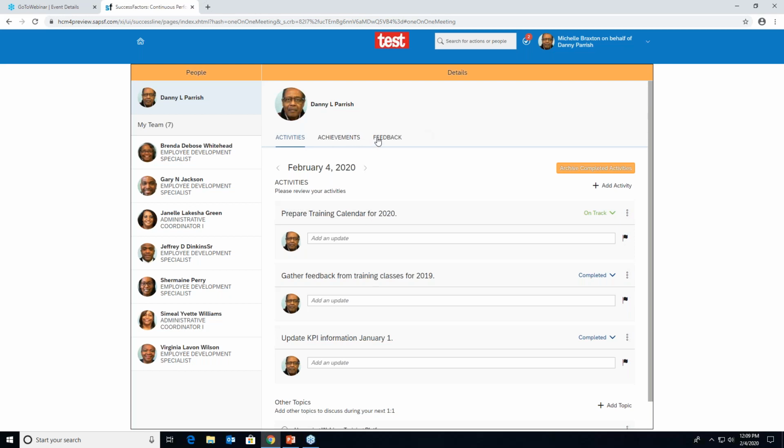Activities, achievements, and feedback. Activities are incremental steps and physical actions that take place to support the completion of the overall goal. These may be projects, initiatives, or major tasks that you're working on. You can record all the activities you are currently working on and make regular status updates, set the importance of an activity, and add new activities so your manager knows what you're working on. And because your manager has visibility of your activities, coaching and guidance can also be provided. And the same applies to you and your direct reports.